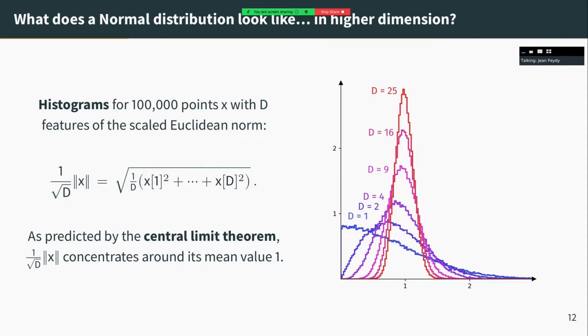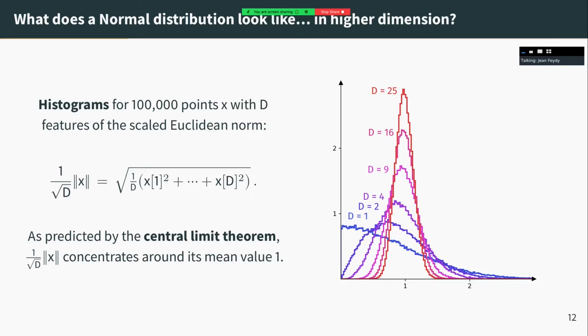So just what we saw is that it made sense to consider the norm of the rows of our normal samples divided by the square root of d, because it's something that should have a mean 1. And if you look at the histograms, for d equal 1 it doesn't change anything, but for d that becomes increasingly large, we observe a kind of bell distribution centered around 1, with a standard deviation that grows smaller and smaller as we increase d.